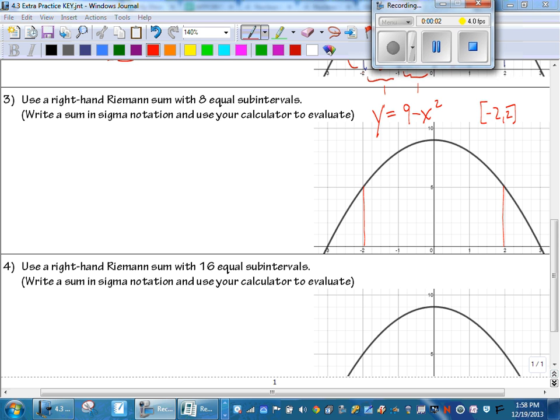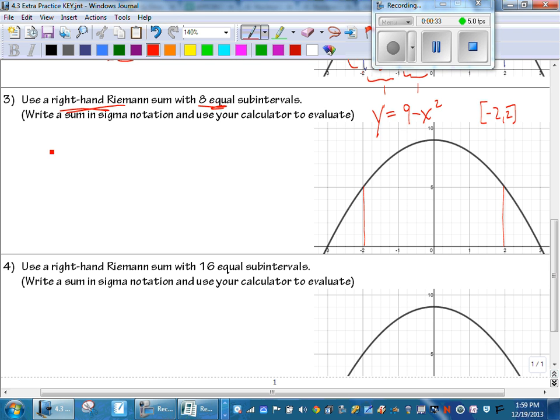For number 3, we're still trying to estimate the area under the curve, y equals 9 minus x squared, from negative 2 to 2. This time we're using a right-hand Riemann sum with 8 equal subintervals, and we're going to try and set up a sum in sigma notation and use our calculator to do all the adding. So with this, we can use a formula. We've tried this a different way in class, doesn't seem to work for everybody, so I'm going to show you a different way. Kind of ties it in with the long way that we did the one day to find